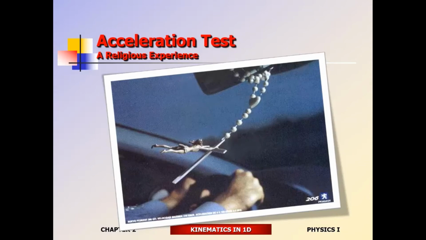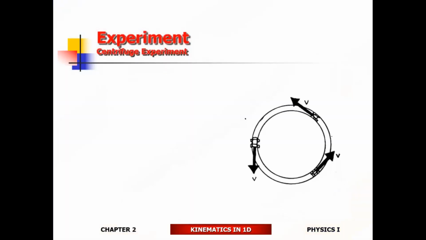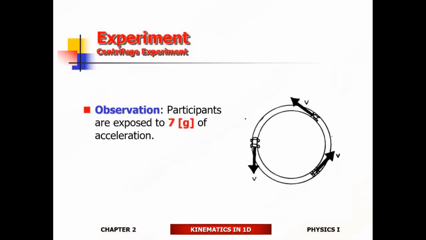Likewise, what happens to the blood in my brain? Same thing. The blood is going to pull away from the frontal lobes towards the back of my brain, right? So lack of blood in the frontal lobes, lack of oxygen, eventually you will black out. So that's what happened to the guy. Except there's a slight catch here. This guy wasn't really speeding up or slowing down. He wasn't inside a souped up Ford Tempo accelerating at 7 Gs.